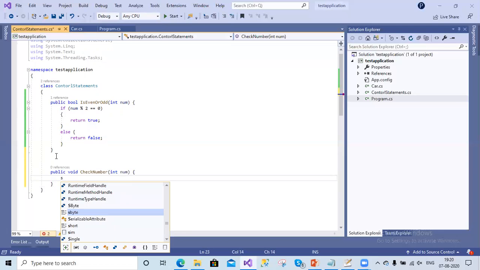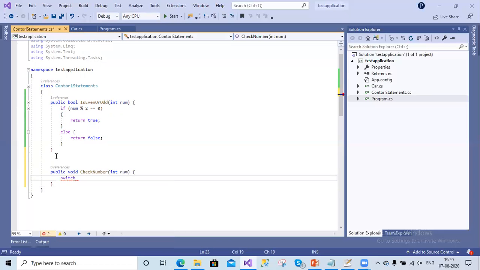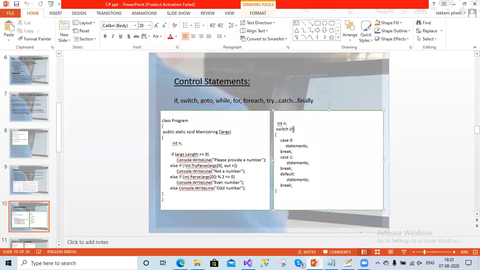So the switch statement syntax is like this. Inside the switch condition, we have to pass the value, and we have to open curly brackets. You see the syntax. The switch can take an integer value or any kind of value: an integer, a string, a character, anything. Inside the cases, we check whether this value is 0 or 1 or something. Based on the value you provide, it will check the cases and execute the relevant statements.